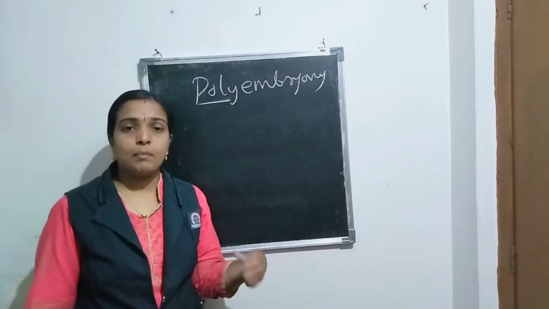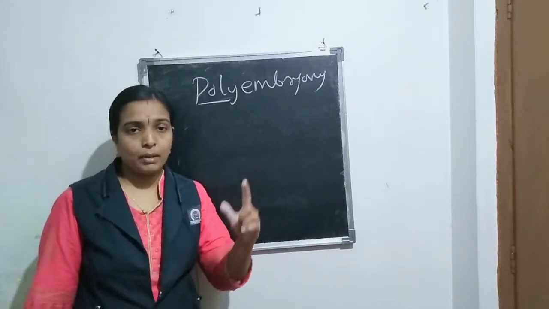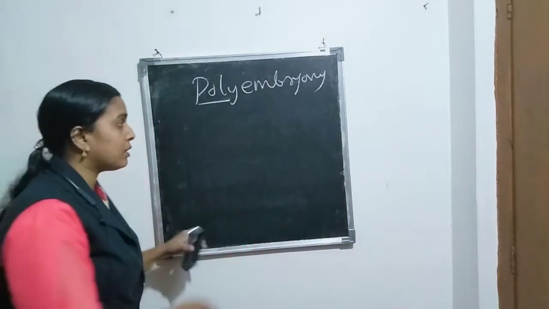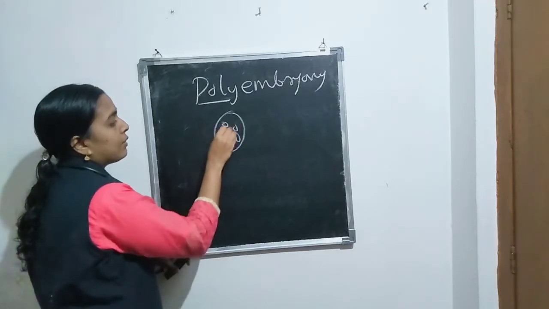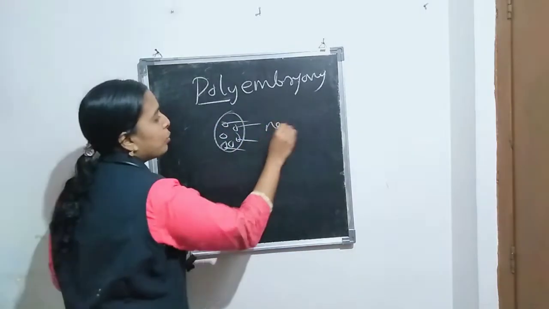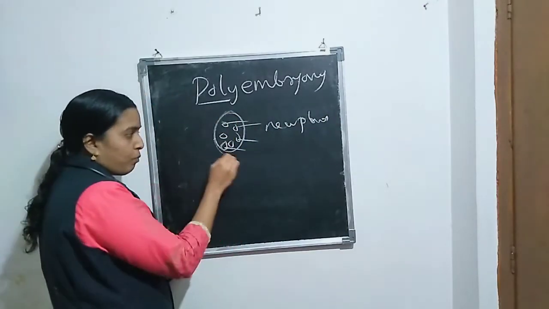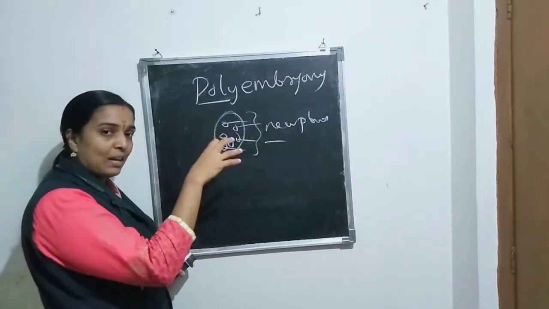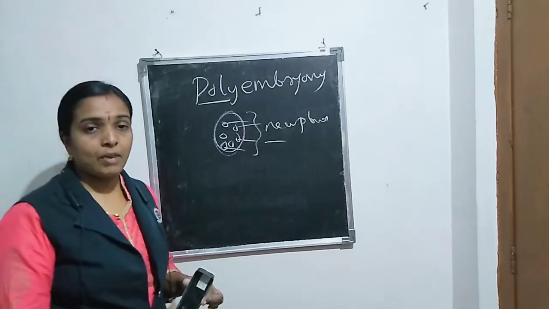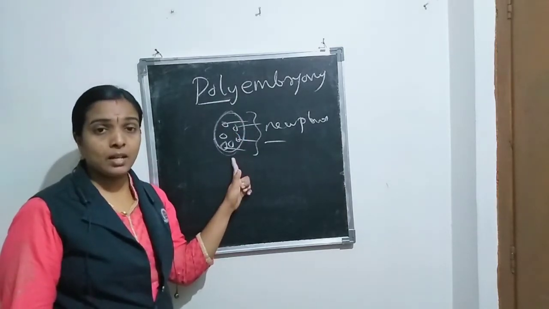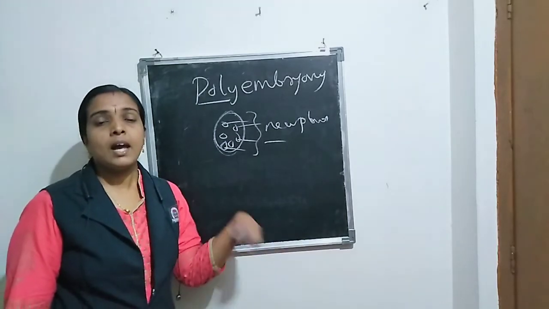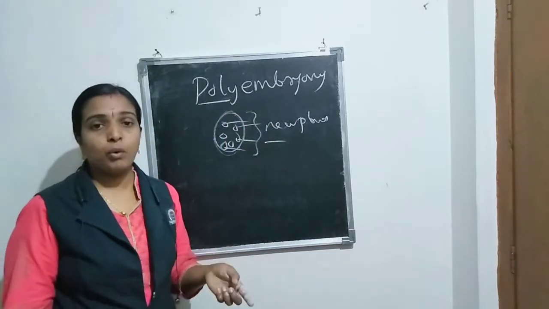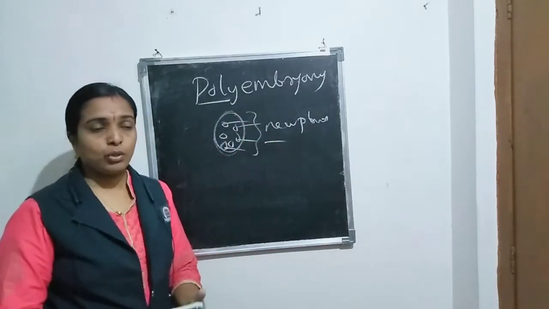Many embryos are there, and they develop into plantlets. Normally a seed with one embryo forms one plant, but some seeds contain many embryos. All these embryos become new plants. Listen here, from one seed we will get many plants, and all the plants are similar in their characteristics. That is the advantage of the polyembryonic condition. Example also note down.